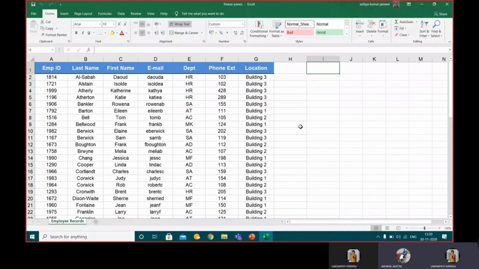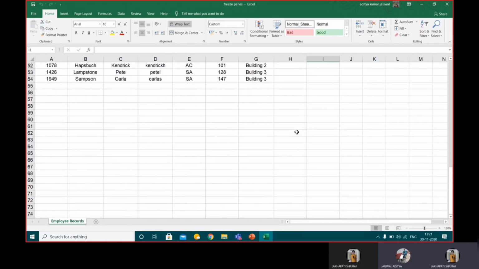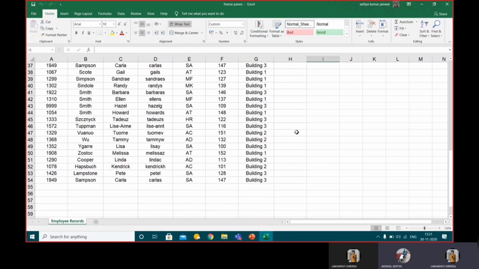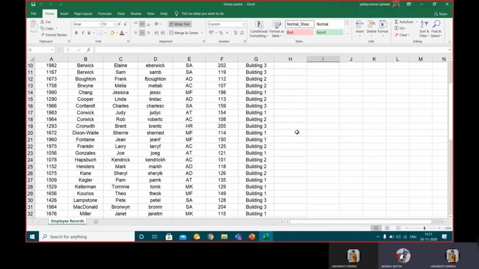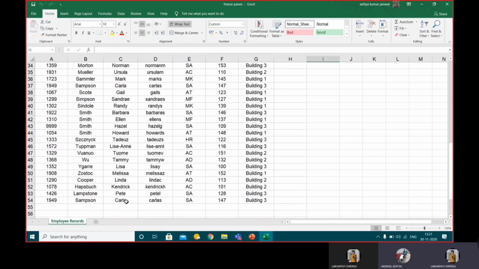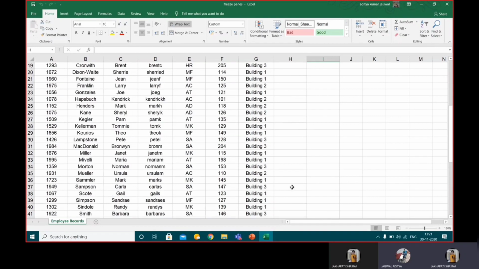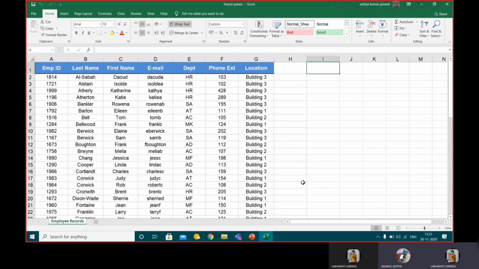So now we would learn about the freeze pane tool. It is a very important and easy tool in Excel. For example, if we have a very big list like this, and if we want to feed the information below, but since we don't know which column belongs to which part, to make it easy for us, we use the freeze pane tool, which helps to freeze a row or any column.